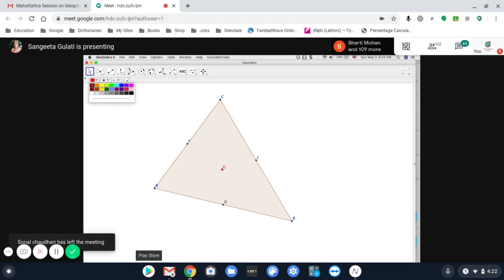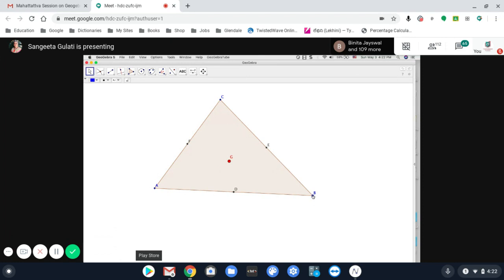Now orthocenter. How does one get the orthocenter of a triangle? If we are looking at getting the orthocenter of the triangle, then I need the perpendiculars drawn from the vertex to the opposite side. We had not used the perpendicular line, but you did see that there is a perpendicular line too. So if I click on this perpendicular line tool,